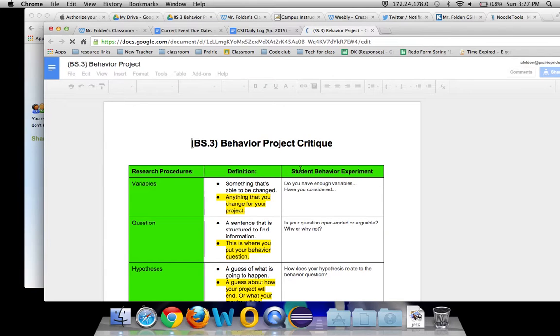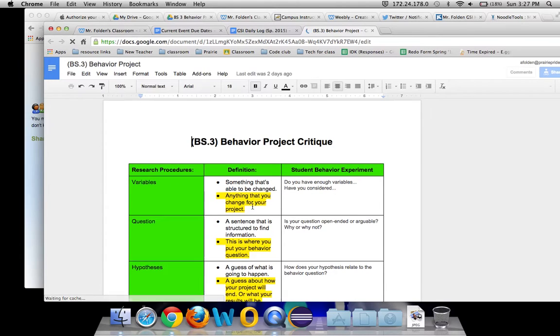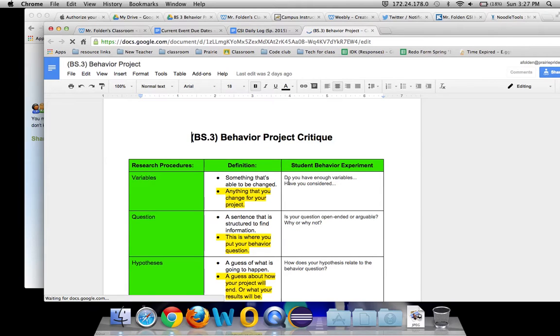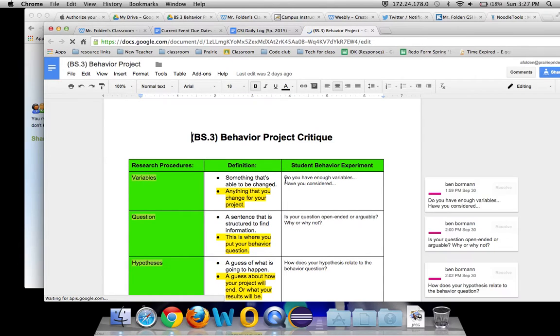Yep. All you're doing is going through and double checking the highlighted portion that all my students have, and then going over here to the right hand box and making sure that they did this. And then you answer these questions. If they don't, you select it, you highlight it, and then you go up here and press comment, and then you leave a comment. You have to leave those comments for the critique. The rest of the instructions for that are in that how-to video.